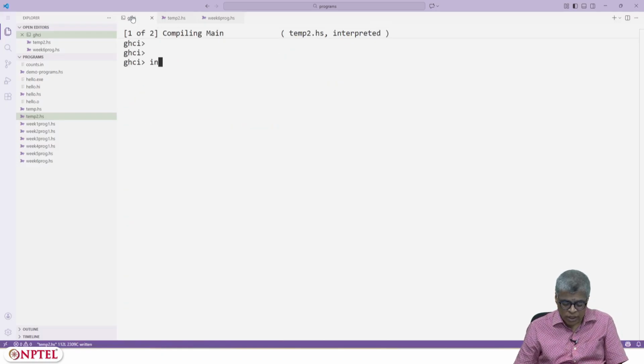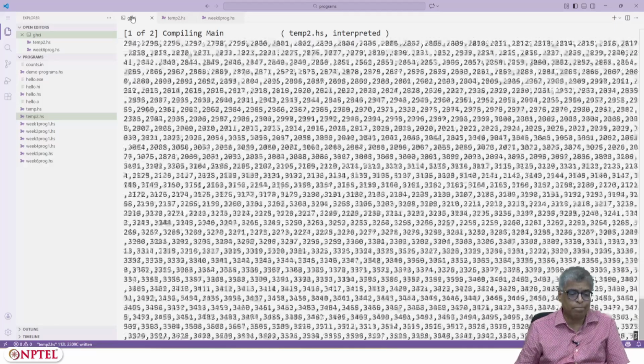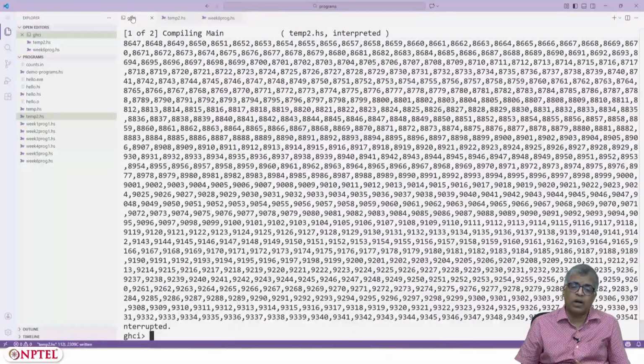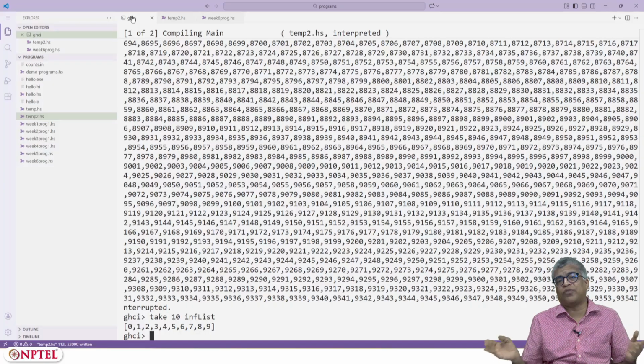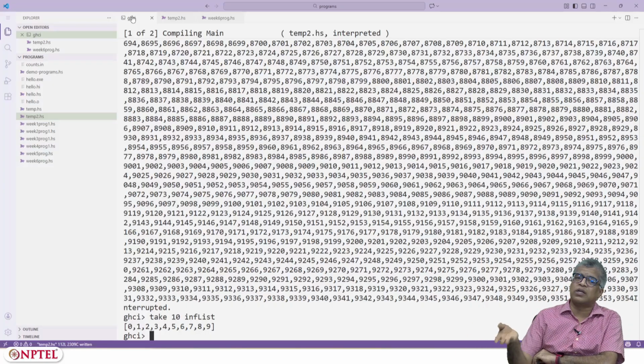Okay, so now I can say inf list, and it will try to keep on printing the whole infinite list till it runs out of memory or whatever. But here is the beautiful thing, I can say take 10 of inf list. This program terminates, even though inf list is an infinite list. Remember, Haskell does not try to compute the whole infinite list and then take 10 elements from it. It will try to expand the definition of take, as we will see in the slides now.